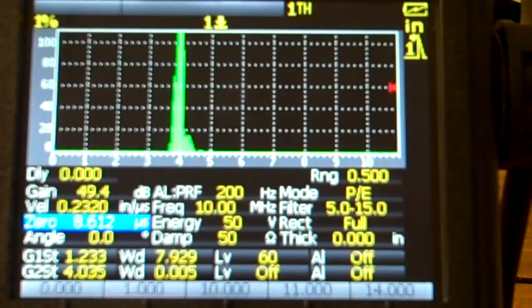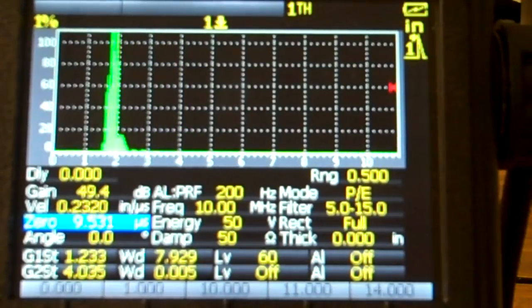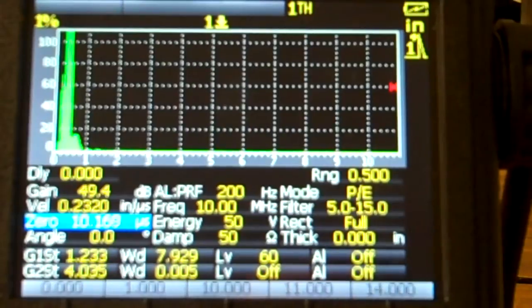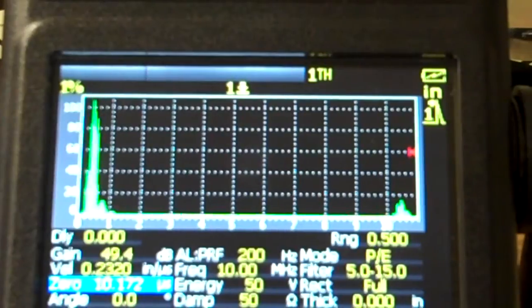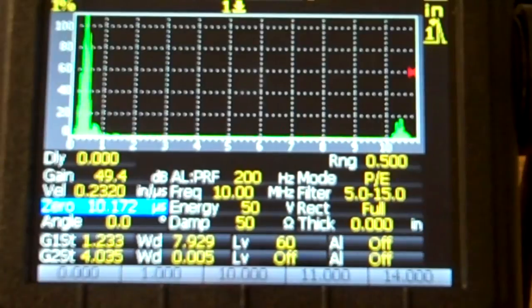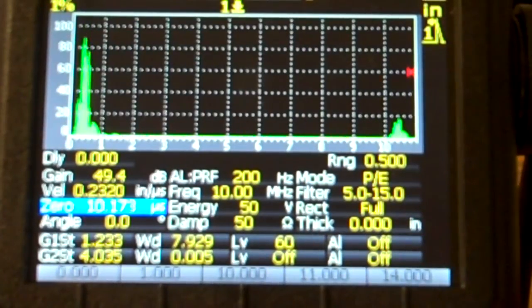I'm going to continue to push my 0 out, so I get that as my initial pulse basically. I'm going to apply a little couplant down here on my block, okay, over on my 0.5 standard right there. Okay, I'm going to put my transducer on there, and I'm going to roll this back up again, and I'm looking for a signal that is popping up right at 100% basically, which it is. Okay, so I'm going to continue to push my 0 out here to where that comes up at 100%,